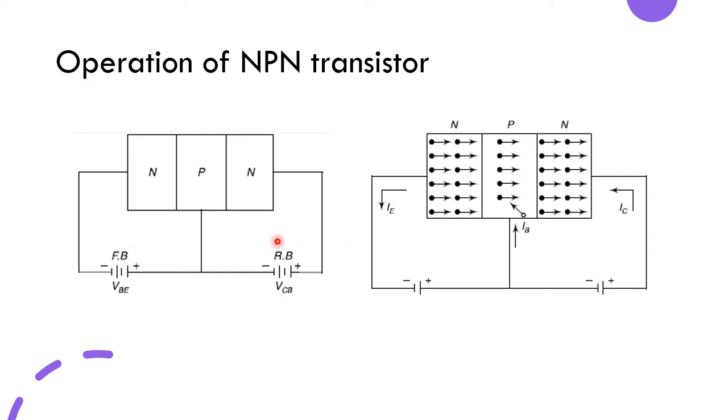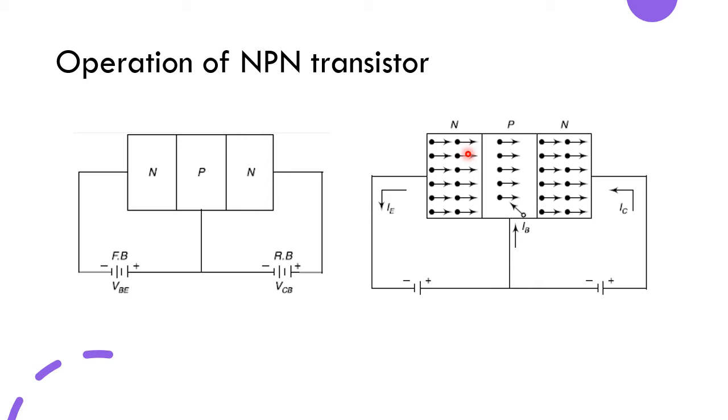And next, the collector-base junction is reverse biased. Reverse bias means the positive should be connected to negative. So P is connected to negative and N-type material is connected to positive. So this is represented as VCB, that is collector base voltage. And now when it is connected, in N-type material the majority carriers are electrons, in P-type material the majority carriers are holes. So when the voltage is applied, the electrons in the N-type material move towards the P-type material. Since P is lightly doped, only a small amount of holes are present.